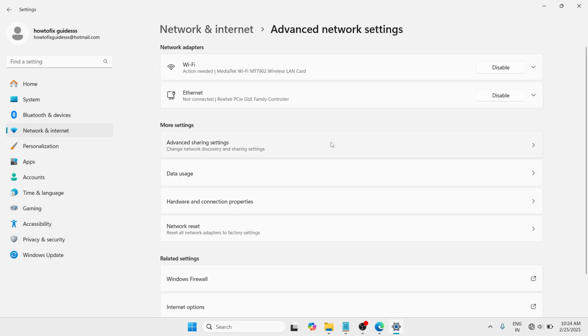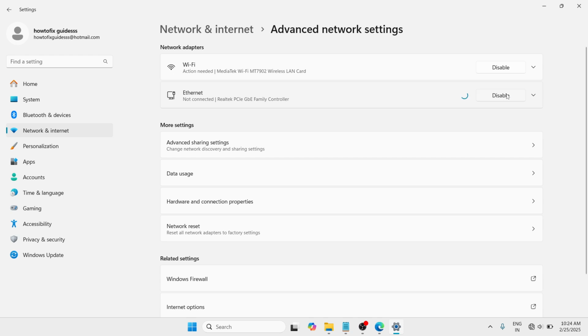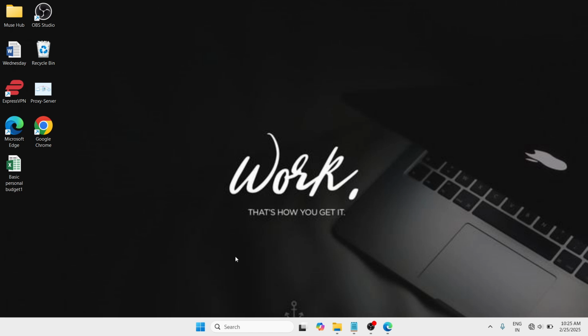And here you need to go with Ethernet. Here you need to disable and enable it. Click on disable, then enable. And the moment you have enabled it, just check if your problem has been fixed. Okay, and let's say if it doesn't, then let's move on to our next step, which is at the start